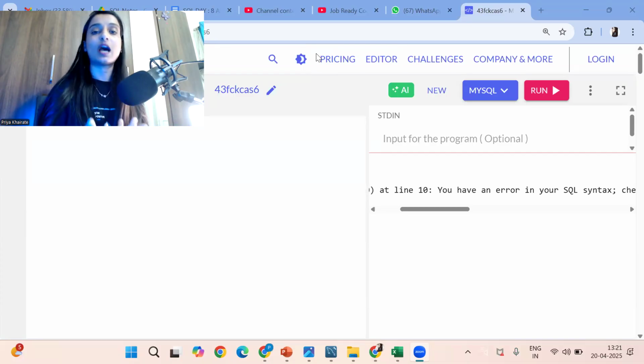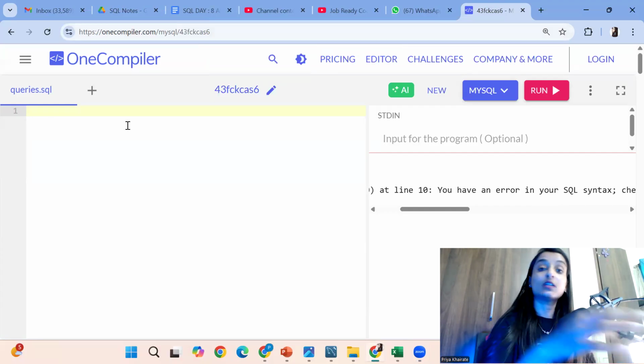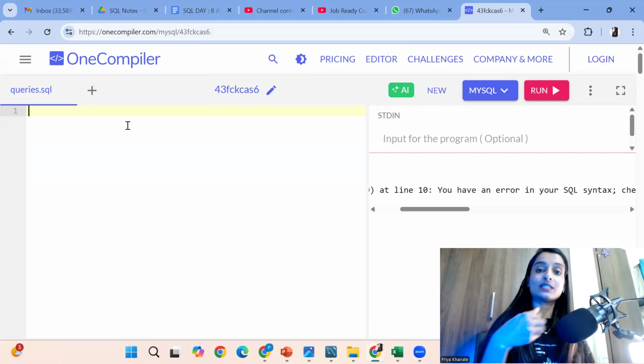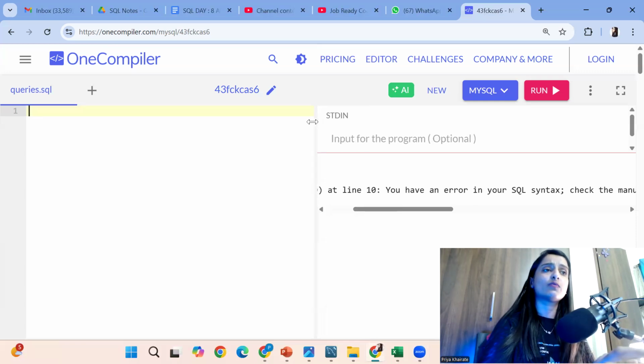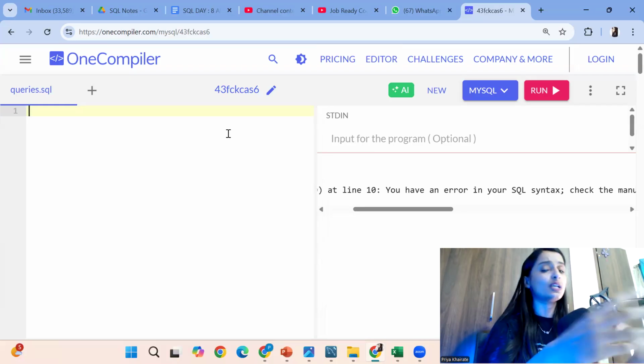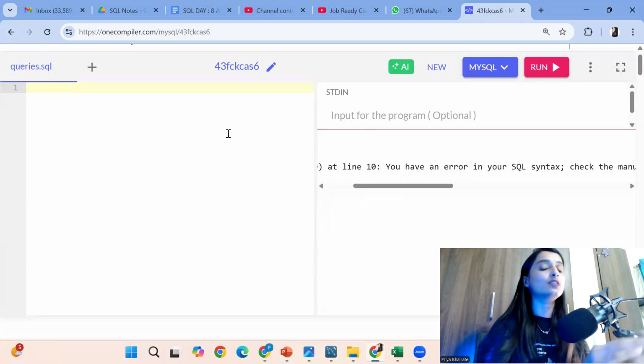Those tables are useless anyway, right? The online compiler helps us practice the syntax, and whatever table creation queries we write over here, it is not creating those tables on our hard disk, guys. So very easily we can practice with different table creation SQL queries on the online compiler. If we are a beginner, it's always better to use online compilers.